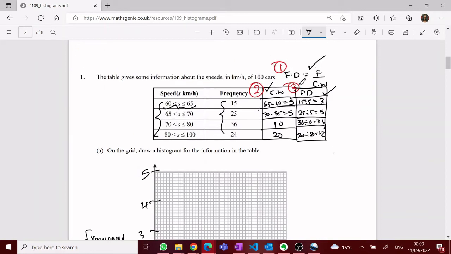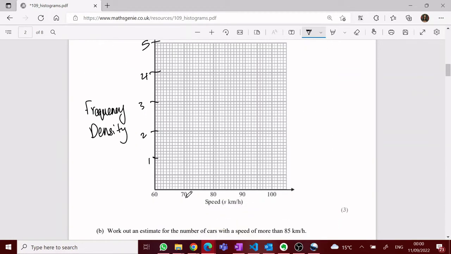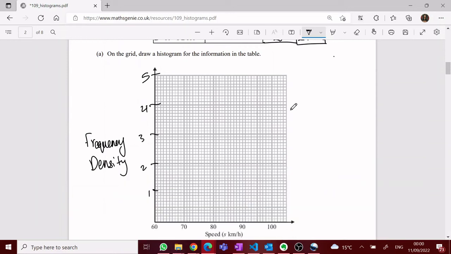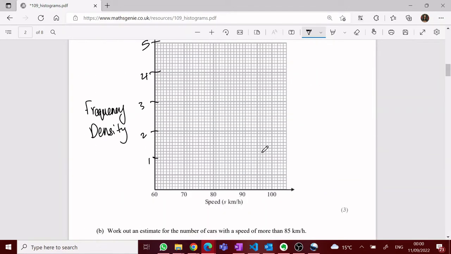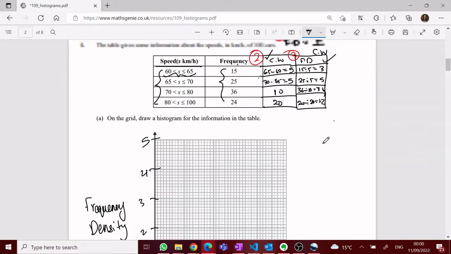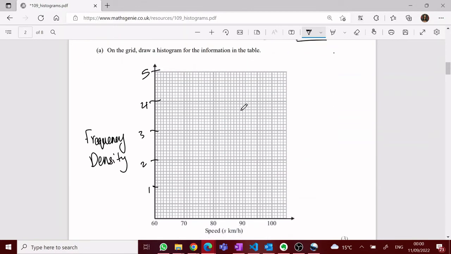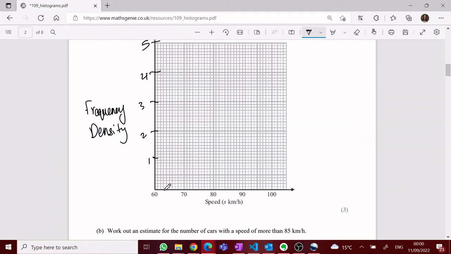So now you will draw these. The x-axis, which is here, would be the speed they're given here, and the y-axis of frequency density is the one you just calculated. Always remember the y-axis would always be frequency density for a histogram. So let's just quickly draw that. From 60 to 65, it is 3. So I would just work out where 65 is, and then I will draw